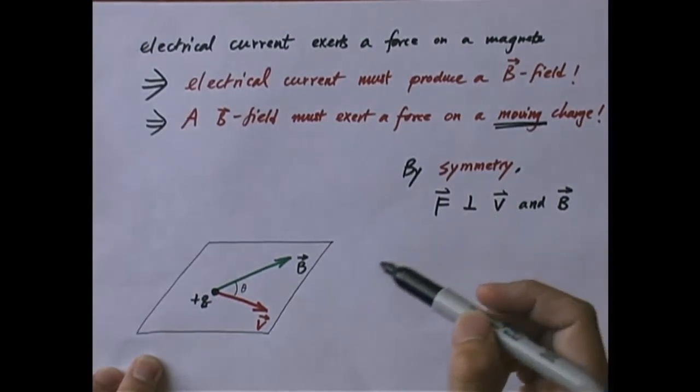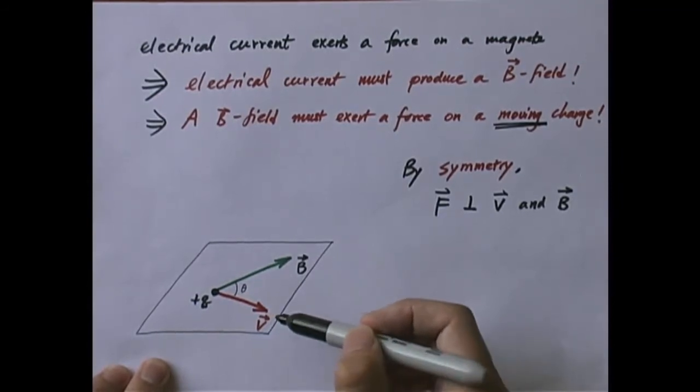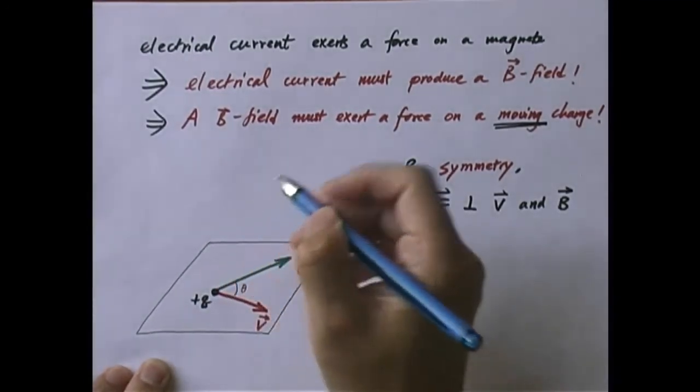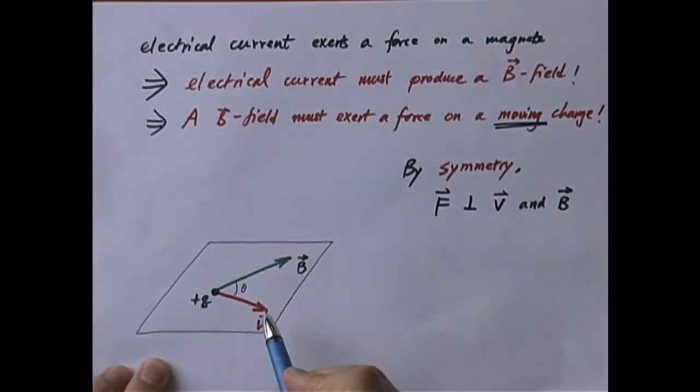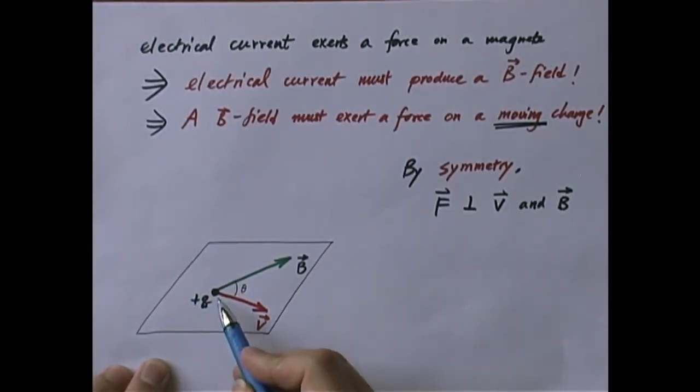Now, we have a magnetic force that we have to investigate: a magnetic force exerted on a moving charge. We're going to start with a single moving charge, and then extend our discussion to the case of electrical current, which is basically just made by a whole bunch of moving charges. Now, suppose for the sake of discussion that the velocity of that moving charge q is not parallel or anti-parallel